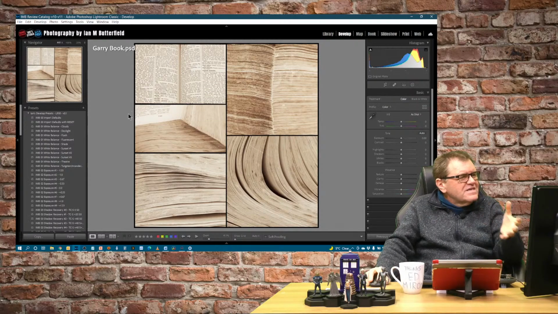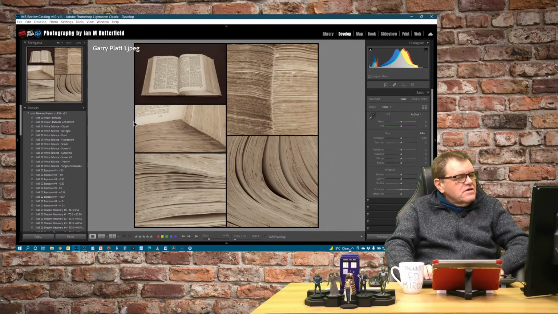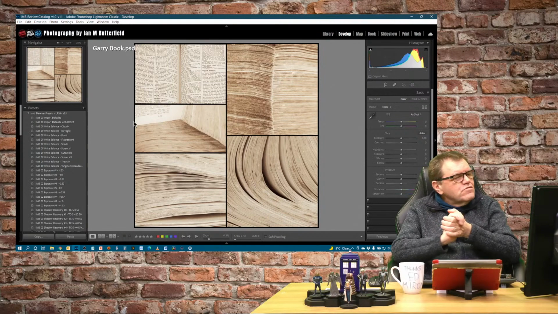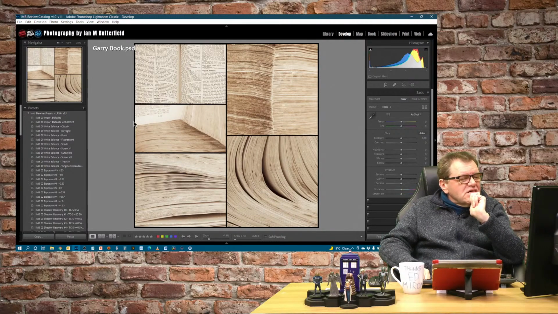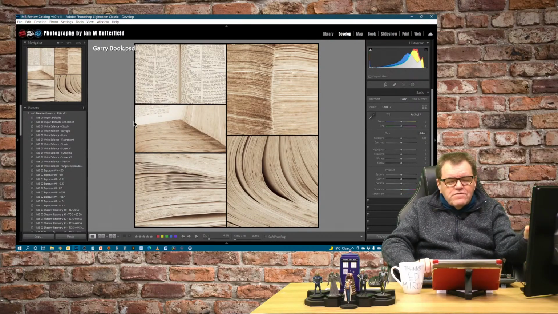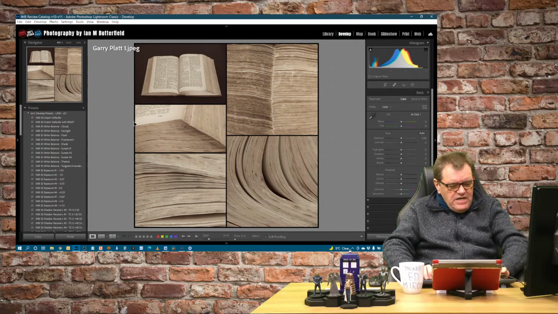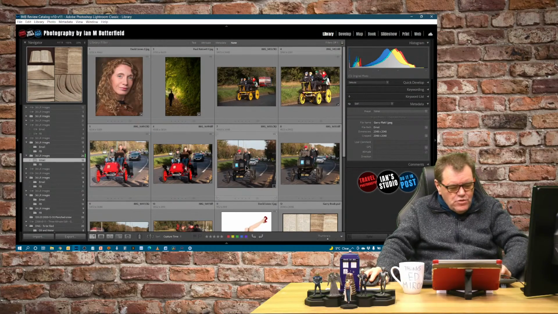I've also lightened it up a little bit compared to yours. Oops, wrong way. So you see that I think it just needs that little bit lighter on there. So those are the sort of changes I would make with those images, that brightening up thing. But it's a really nice idea, this sort of montage on a theme, and I think you've done it well on there, Gary. And is that it? Yes, that's it for the emailed images this week.